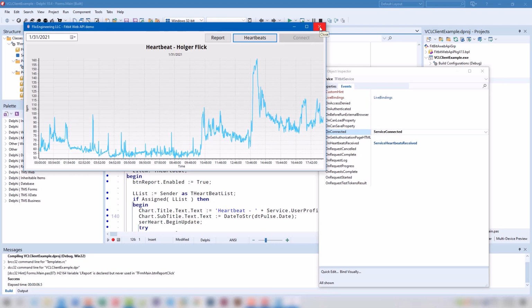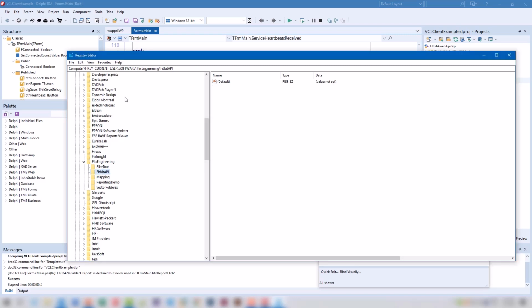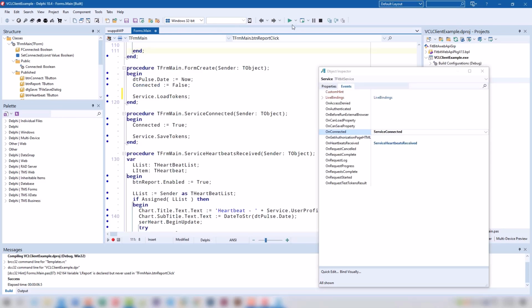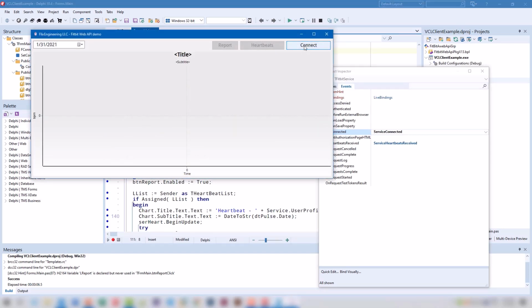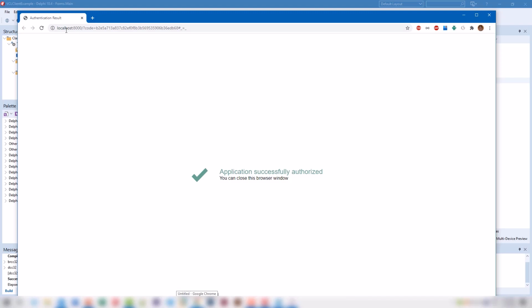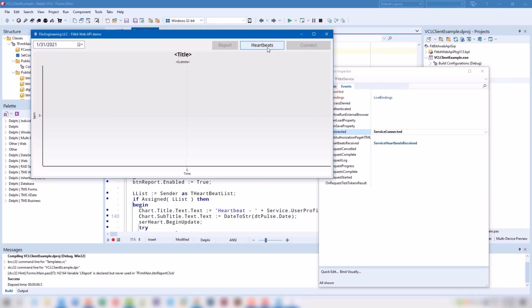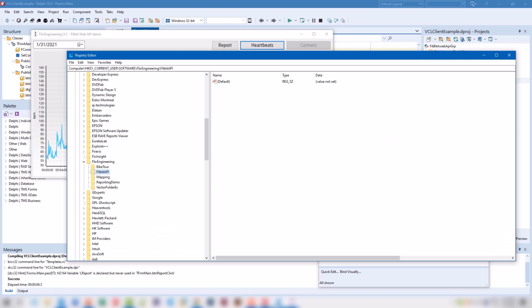And if you still don't want to believe me, we close this application, we go to the registry, and we delete this key. We delete the information that we have stored using the component, and we start the application again. And now I click connect, and the web browser launches right here, and I get a new authentication token, not access token, and here application successfully authorized, and then the web service API is asked for another access token. And as we are connected, you can see that here, heartbeats, I can check them again. We also have the new information.